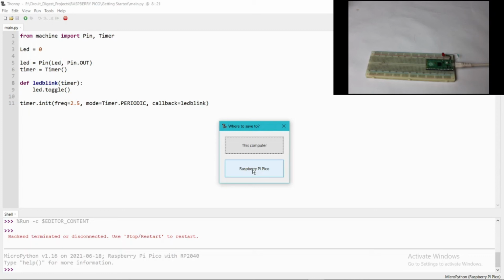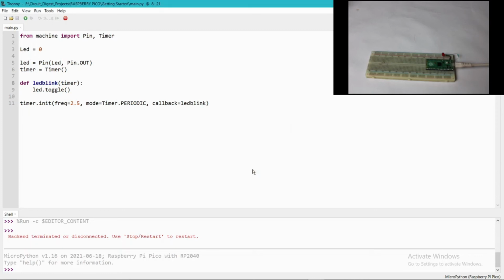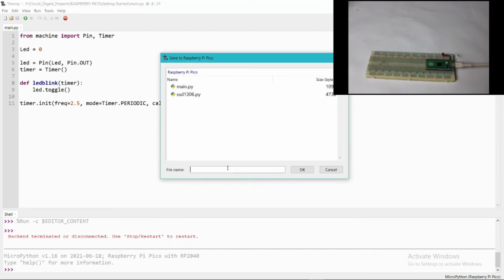So for the first time I am using this Raspberry Pi Pico and saving it as the main file. You need to save the file as main.py. It will let the program run whenever you turn on your Pico. Okay, then press OK.